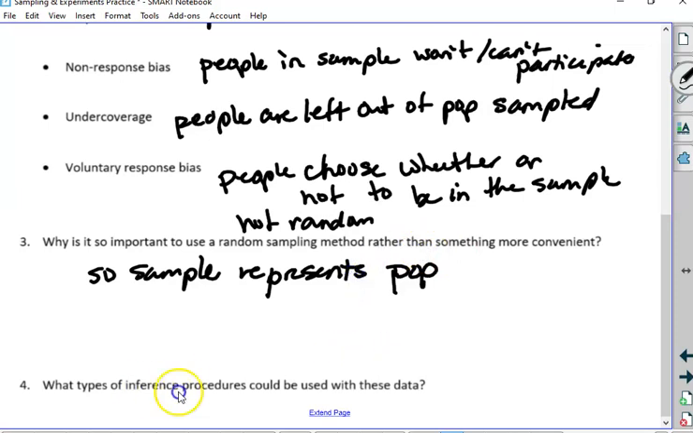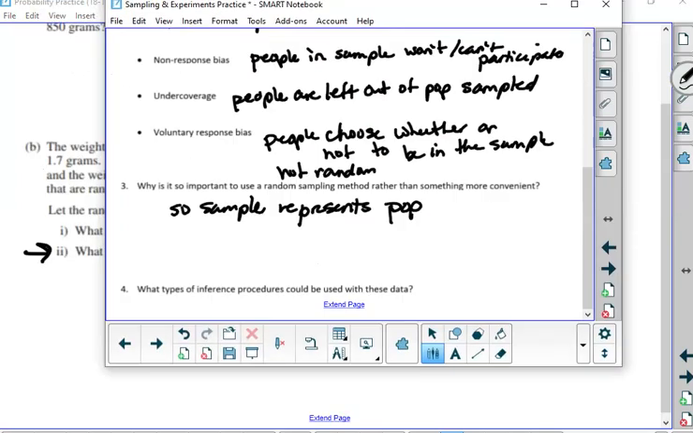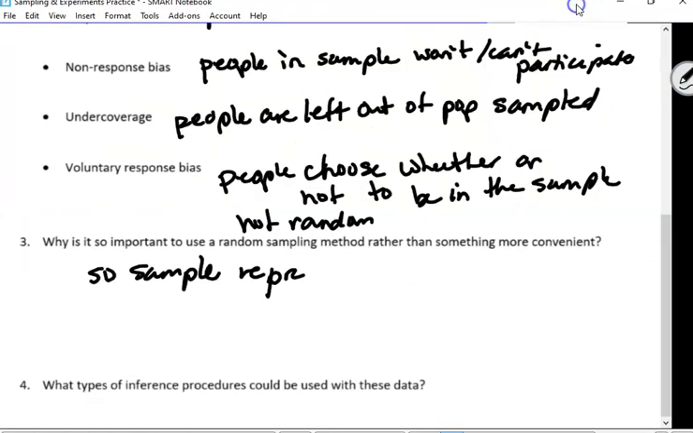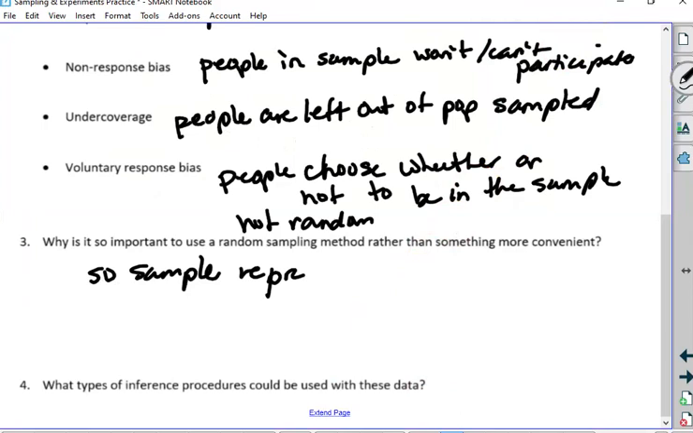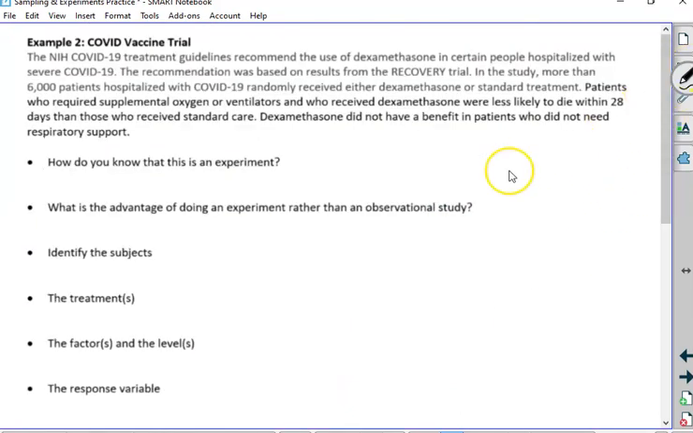I'm going to skip question number 4 for right now because we'll be talking more about inference stuff tomorrow. I need to shift this so I can get to, oops, that's not what I meant to do. I can't get to my little button that moves me to the next page. There we go. Okay. All right, so the COVID,